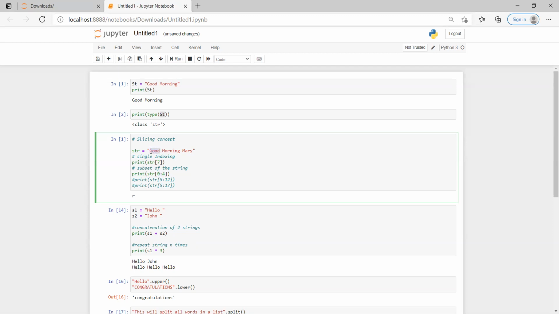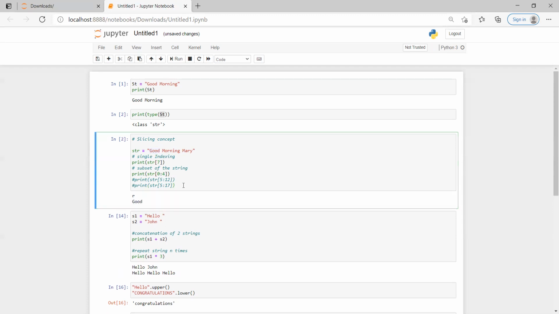My starting index is 0, and the end index is 3, but when providing the ending index, we need to provide plus 1. So I'm printing the substring starting from 0 and ending with 4 so that it takes till 3. When I execute this, you get the value good.